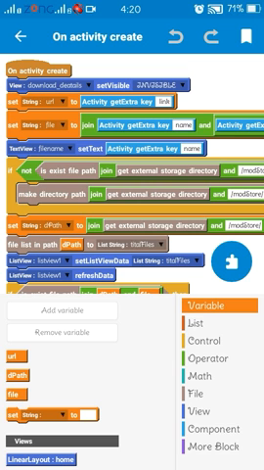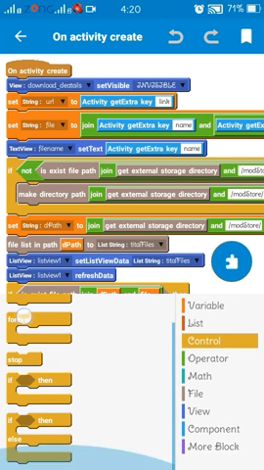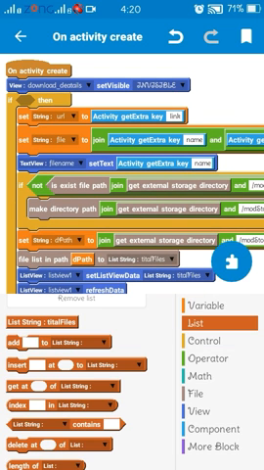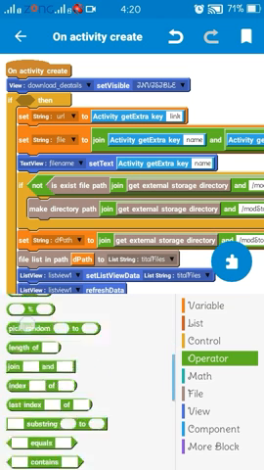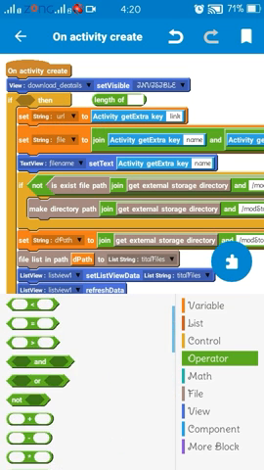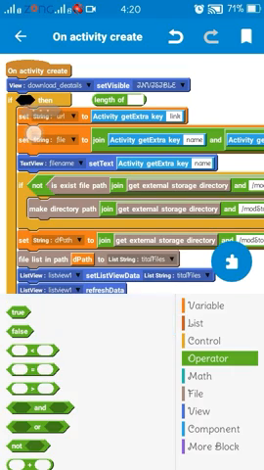It is good practice to surround our code with an if statement that will prevent it from running if the length of the URL is less than 5 characters. Obviously, if the length is less than 5 characters, it is not a valid URL.